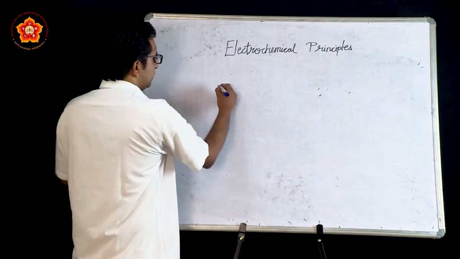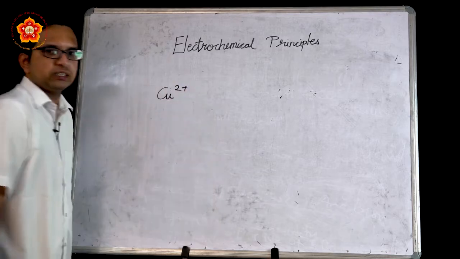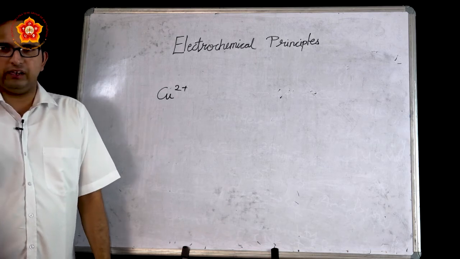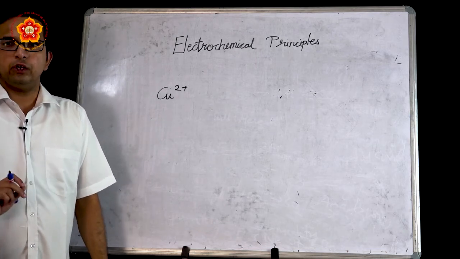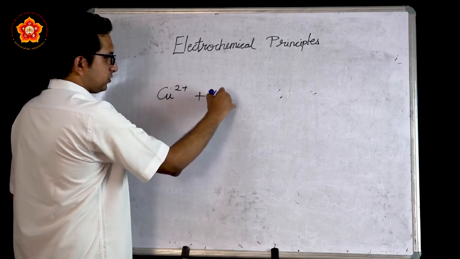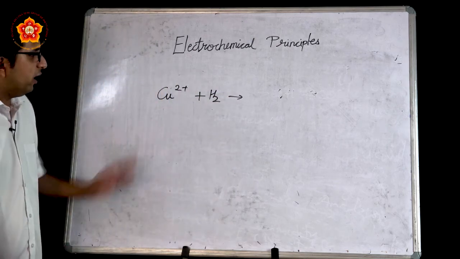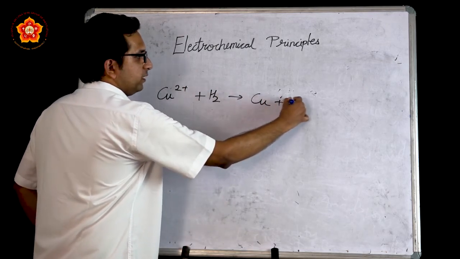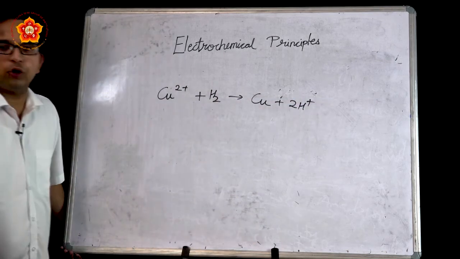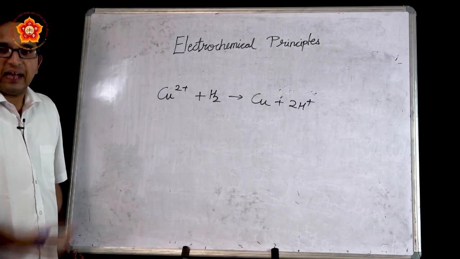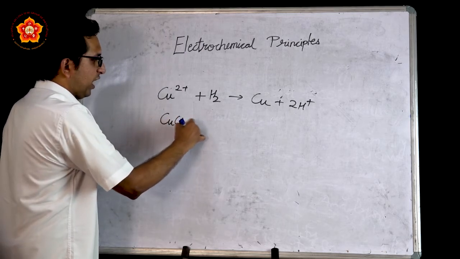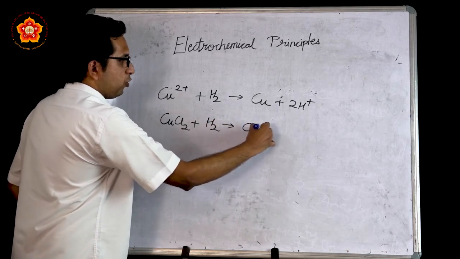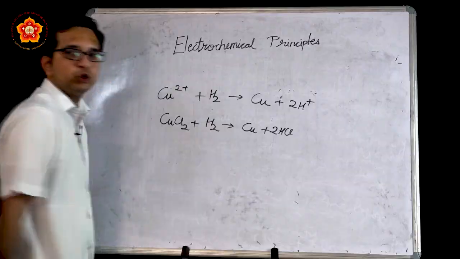This is another such method where we have copper ions, supposing you have a copper sulfate solution. Now remember that in the electrochemical series, copper is pretty much low. So it can react very well with hydrogen gas, and this leads to the formation of copper metal, and hydrogen is released as its corresponding ion. As an example, suppose I have a copper chloride solution, if I react this with hydrogen, I can form copper metal and 2 molecules of hydrochloric acid.